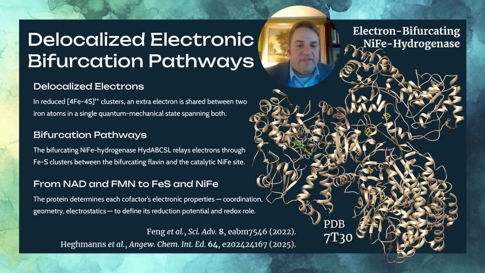So once again, we have this fundamental delocalization. That, as far as we can tell, the protein exploits in order to carry out the delicate operation of electron bifurcation. The bifurcating nickel iron hydrogenase, HydABCSL, relays electrons through the iron sulfur clusters between the bifurcating flavin and